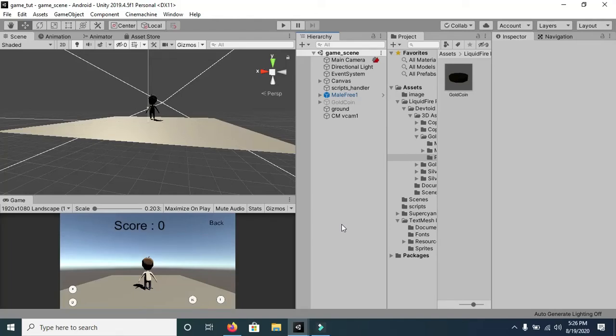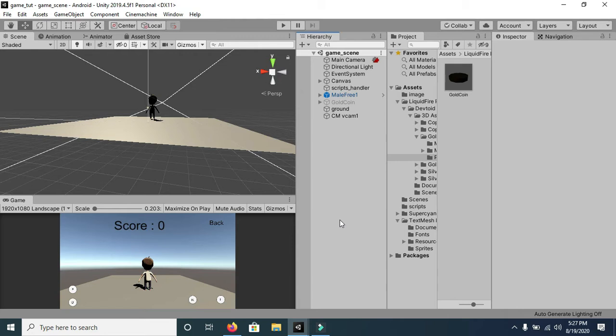So this is the eighth episode of this game building series, and this tutorial is going to be more amazing as compared to others because in this tutorial we will see how to add physics in our game. As we all know how physics attaches to the real world and how it works in the real world, we will be adding the same physics in our game, like how gravity works and how collision takes place. So we will be adding the same things in our game.